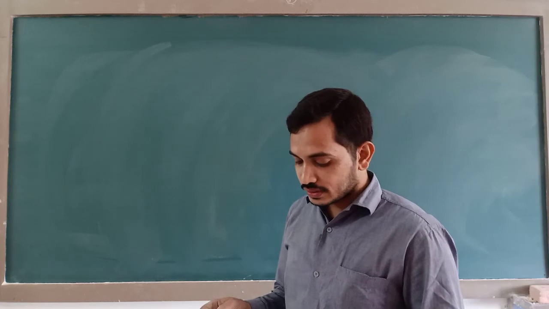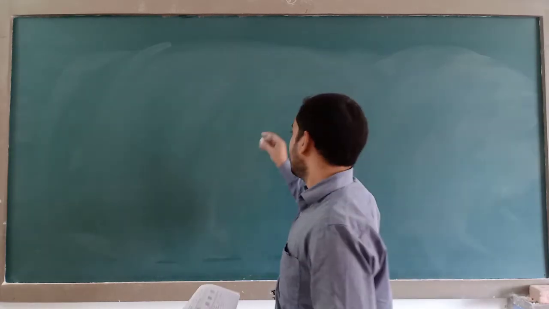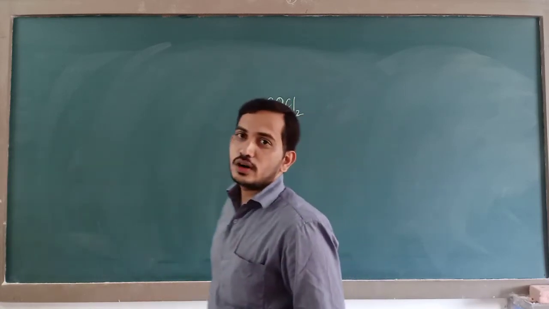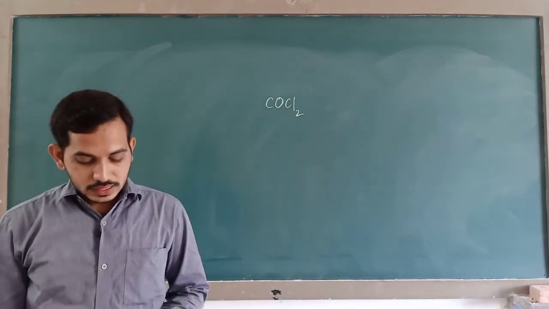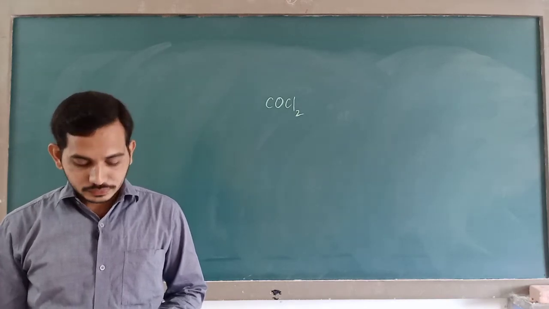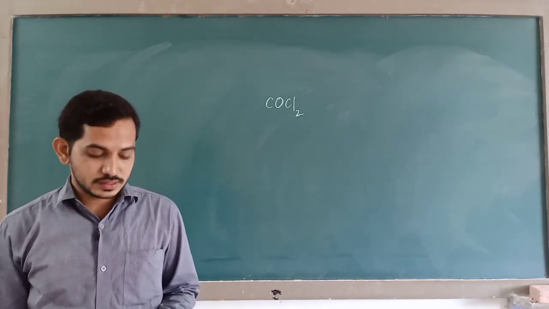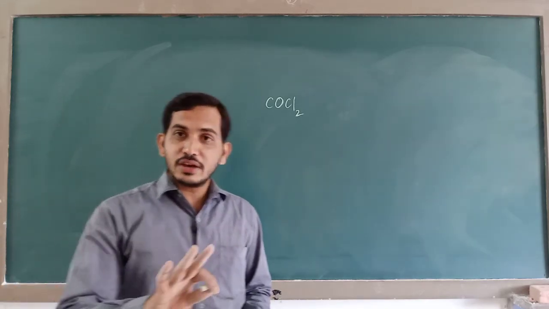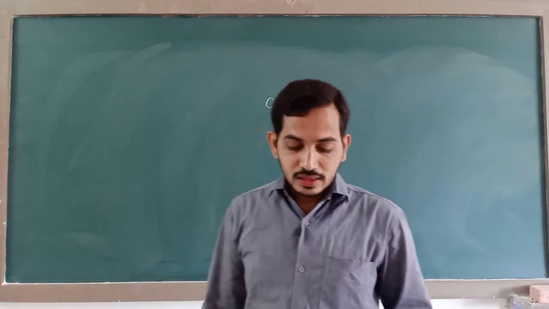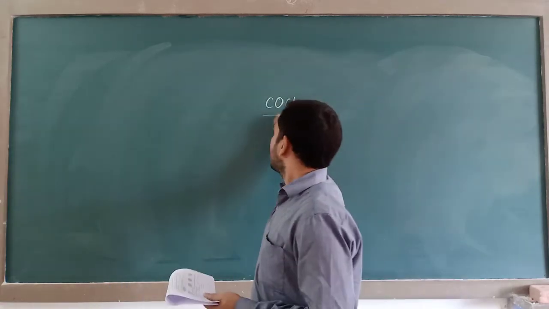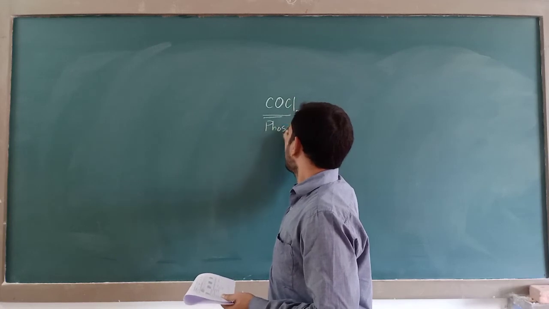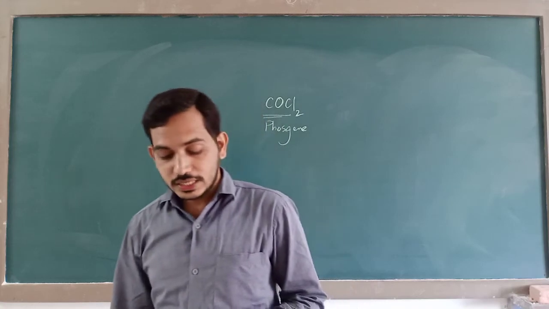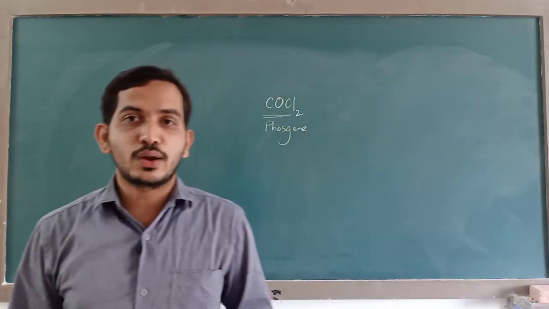What is the question? Phosgene is the common name for. I will give you directly the answer, you find out what is the correct name. This is called phosgene. Is it CO2 and PH3? No, because we know carbon dioxide is not poisonous. Is it phosphoryl chloride? No. Nowhere phosphorus comes in the name. Carbonyl chloride. This is carbonyl chloride and it is called phosgene, and it is correct answer. So phosgene stands for carbonyl chloride.